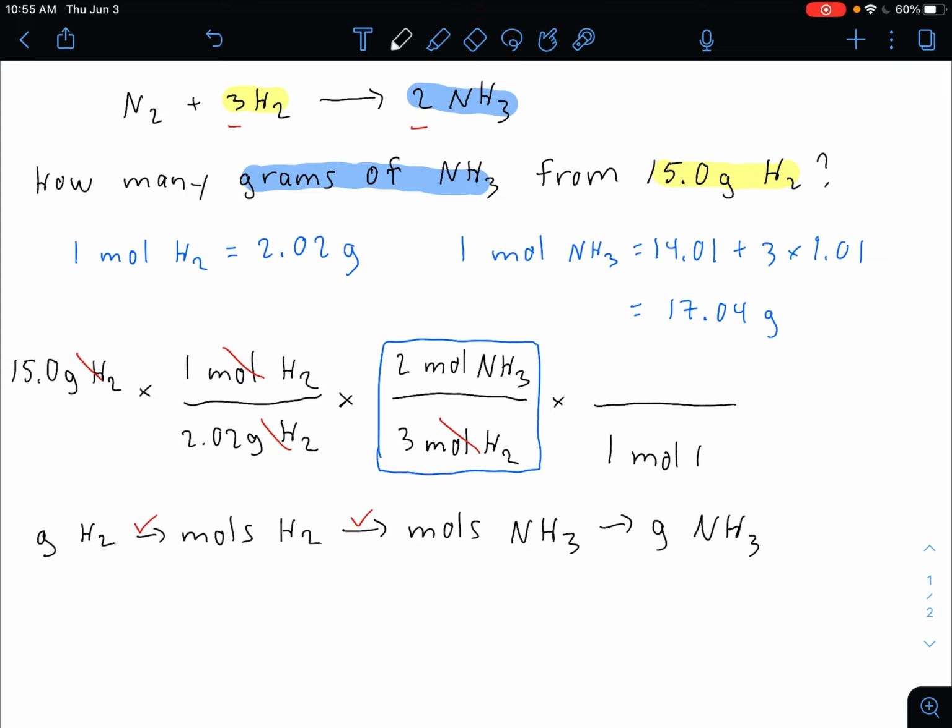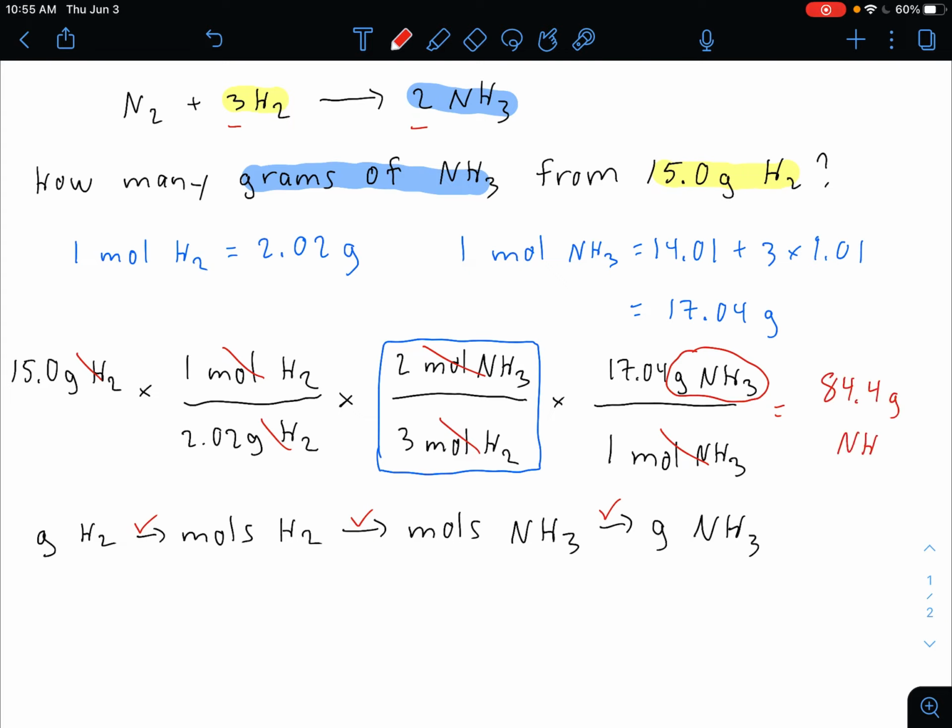So 1 mole NH3, we see that's 17.04 grams NH3. Correct cancellation. Now we're ending up in the units we want, grams of NH3. Let's see what we get here. 84.4